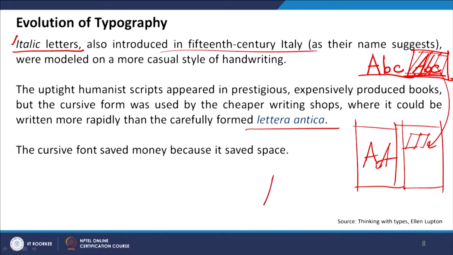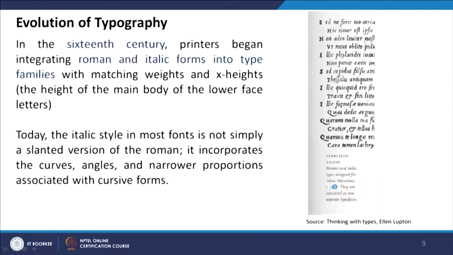So generally when we write in Roman style, the typefaces don't join, but when we write in italics, some element of the previous letter can join with the next letter. So in the 16th century, printers started integrating the Roman as well as the italic form into one type family. So the type family is a bigger umbrella where a particular typeface, for example Helvetica or Arial or Calibri,